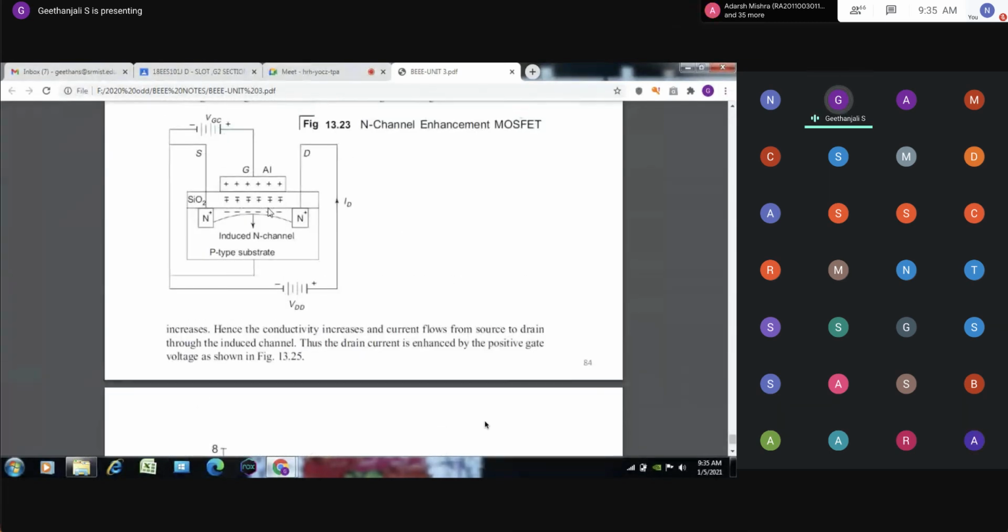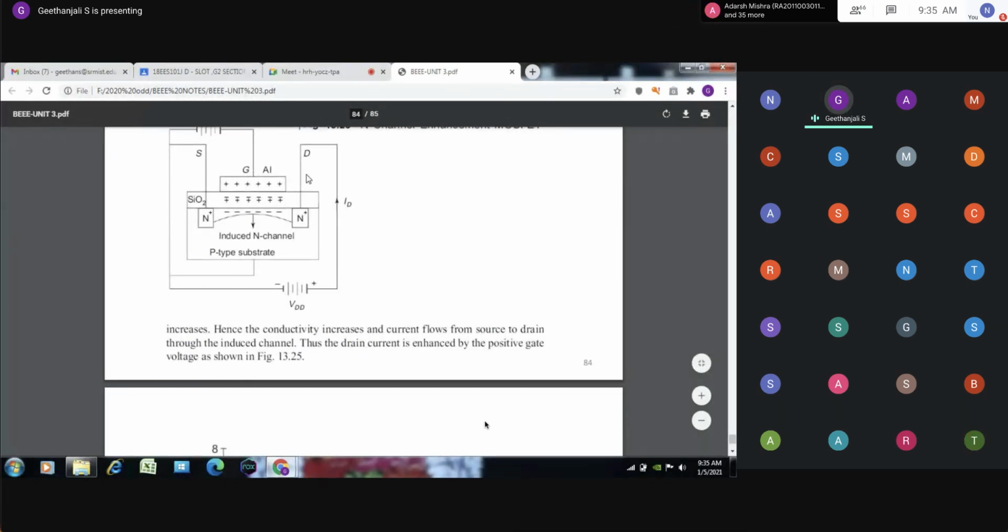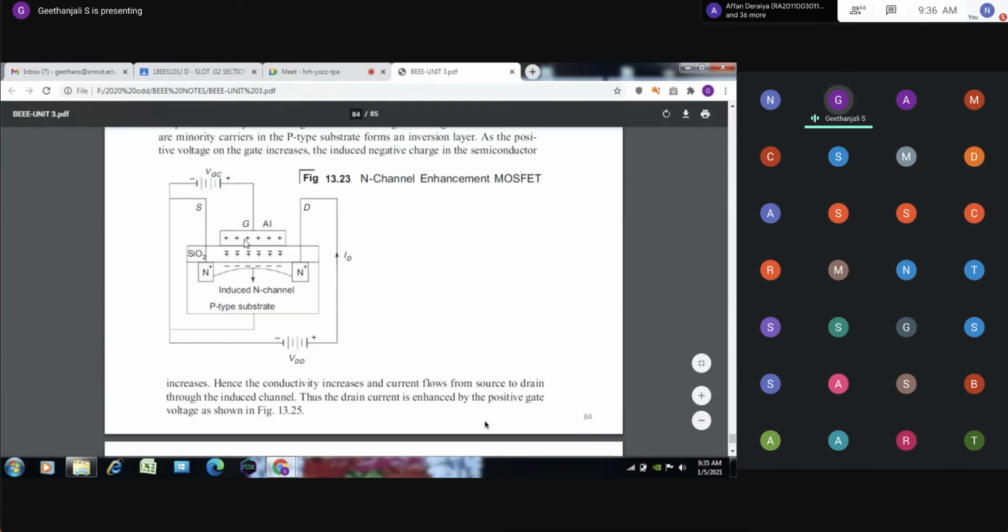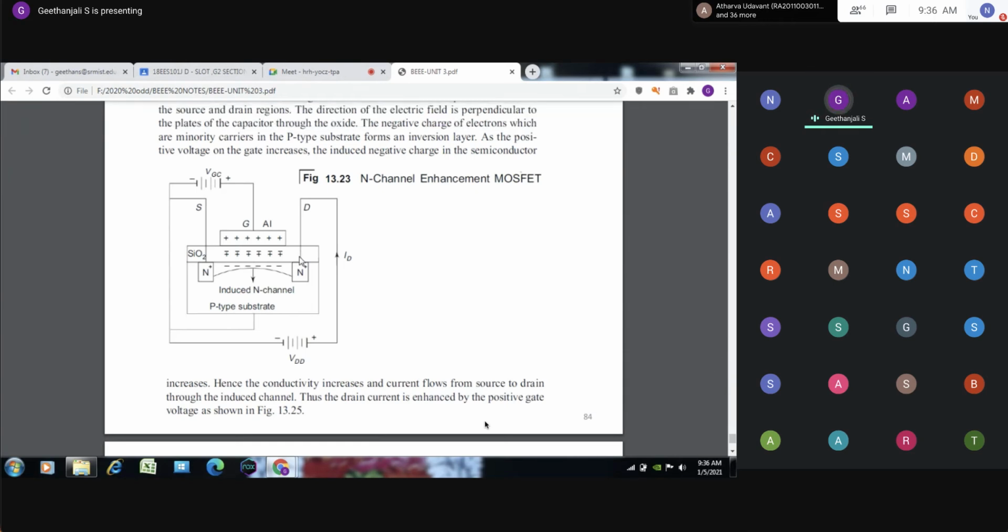here also source, gate, drain will be there. So the gate is isolated by the silicon dioxide material. That is the reason it is insulated. This is the gate and channel. Both are insulated by using the SiO2 layer, silicon dioxide layer. So the gate is insulated from the channel by this layer. That is the reason it is called the insulated gate field effect transistor. So there is no contact between the channel and the gate. It is insulated by the silicon dioxide layer.